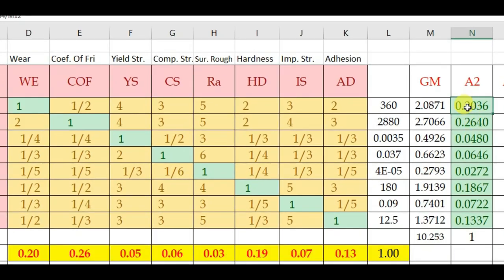So if we see this value, it is M4 by M12. So if we see here, M4 is this value, divided by M12. M12 is this cell. So here we first of all get sum of all these geometric mean values. Sum of all the geometric mean values is nothing but this cell in A2 matrix. And for this particular cell value, we see here this cell value divided by sum of all geometric mean values. So this is the way we calculate the normalized values of geometric mean.